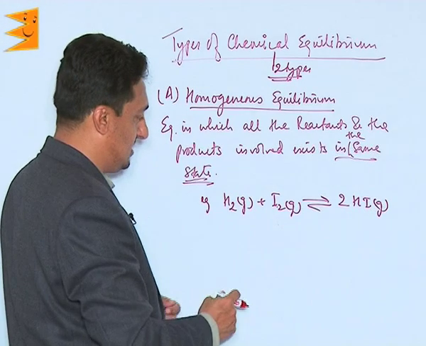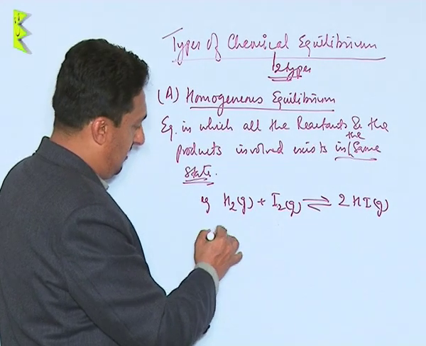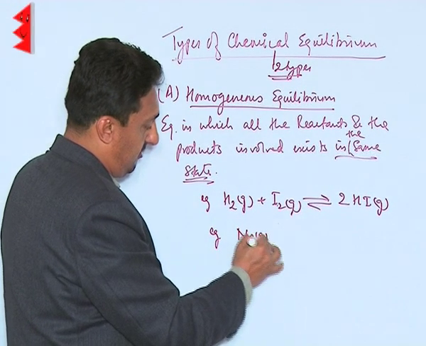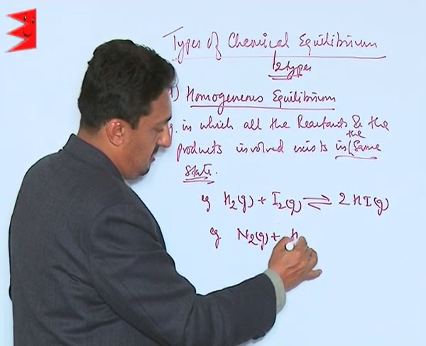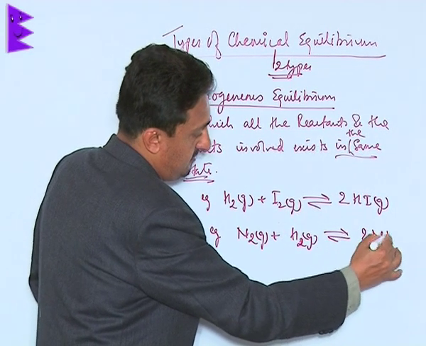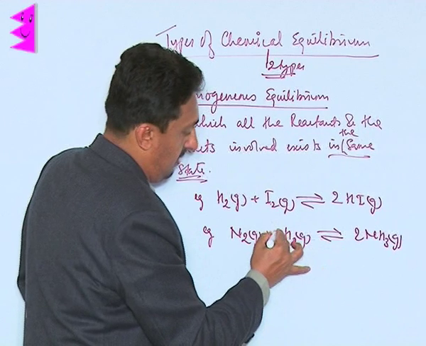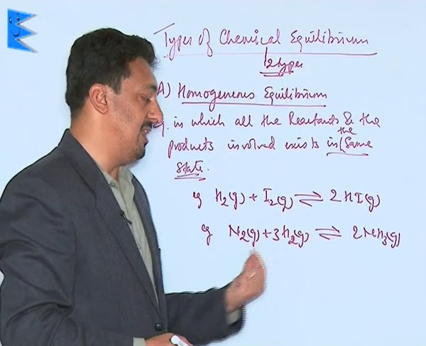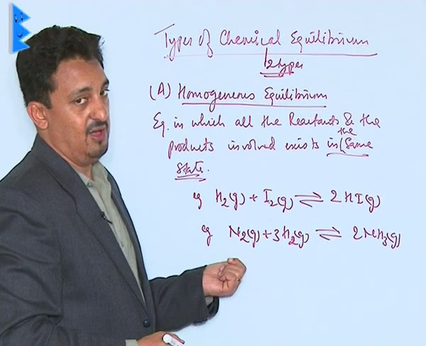Whereas on the other side, we can take more examples, like nitrogen reacting with hydrogen to form ammonia. Again, nitrogen, hydrogen and ammonia all are existing in the gaseous phase, so it's an example of